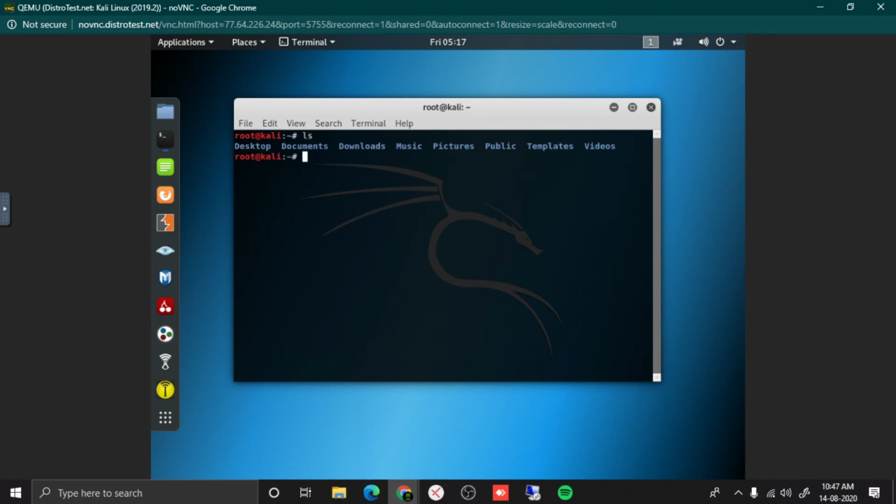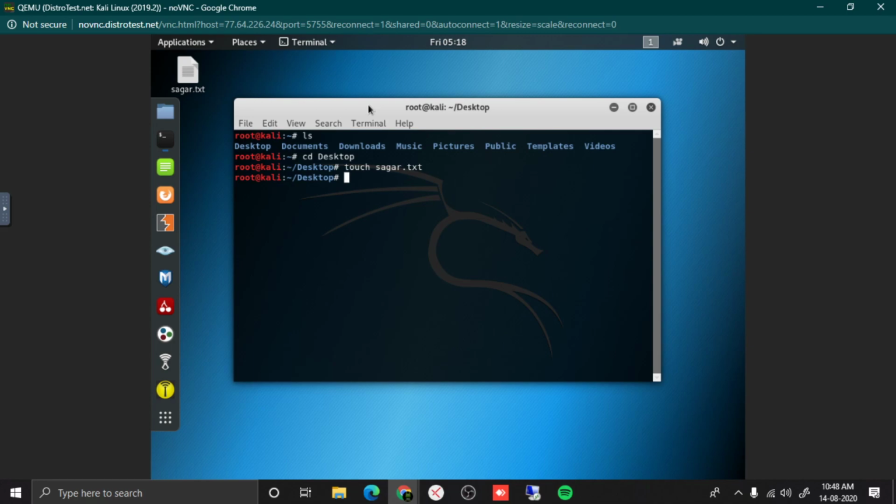Let me run a few commands. Let me go to the desktop and make a file, sorry, on the desktop. Let's say sagar.txt. As you can see, sagar.txt is created on the desktop. So it is working absolutely fine, there is no problem.